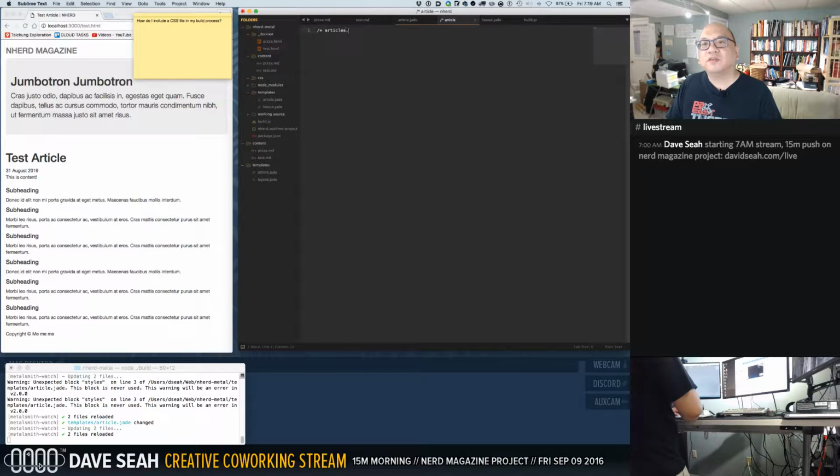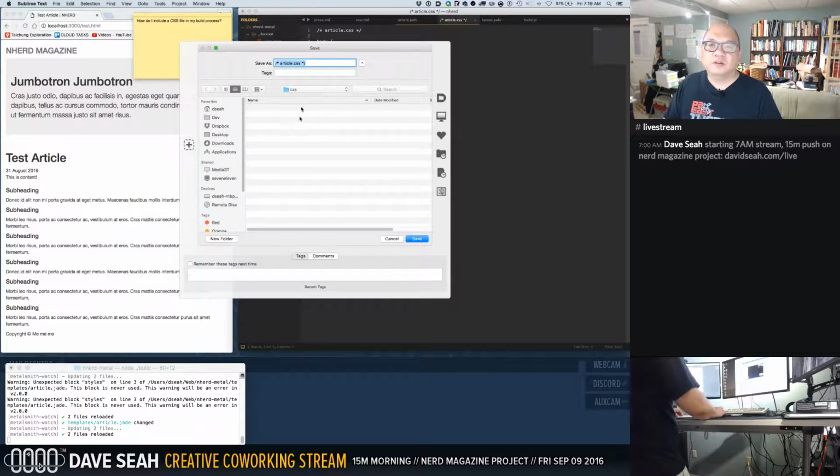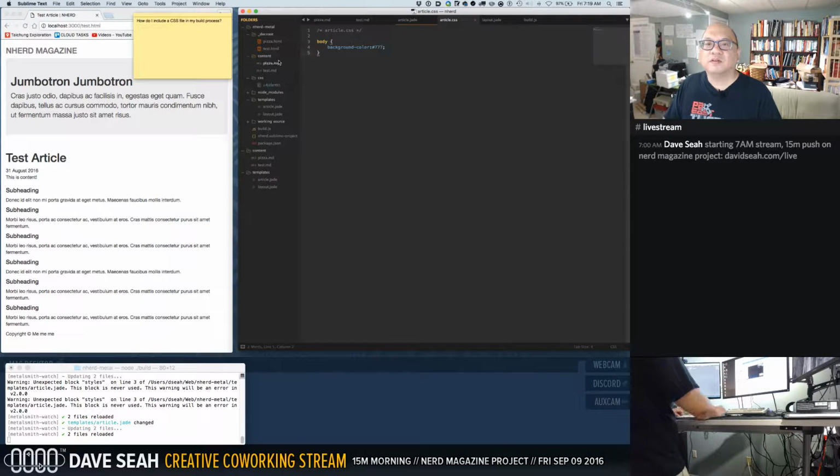Article CSS, and let's make the background body background color. Let's make it gray, just to see if it's doing anything. So this would go in here, and that's going to be called article CSS. So if this works,